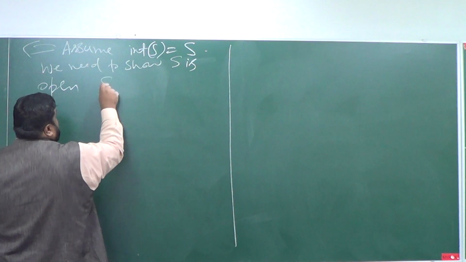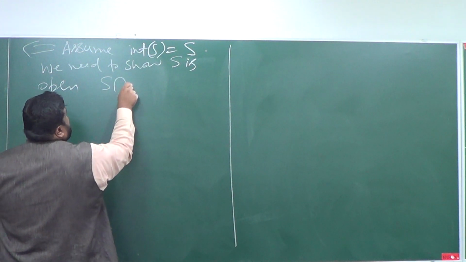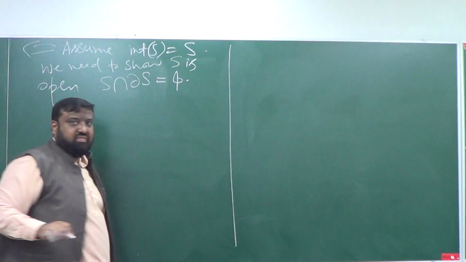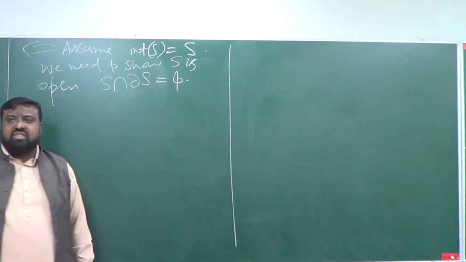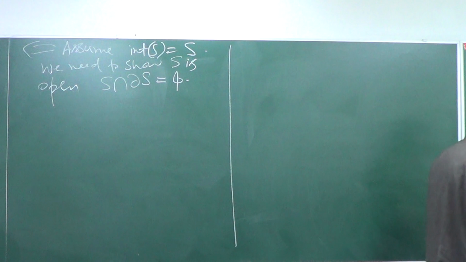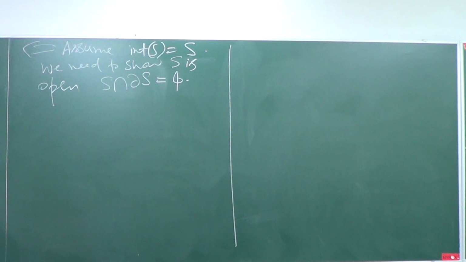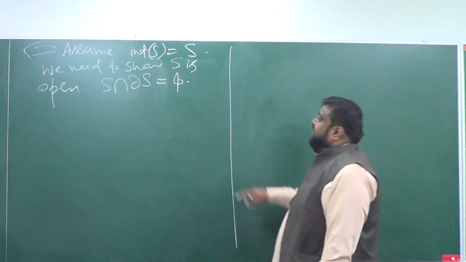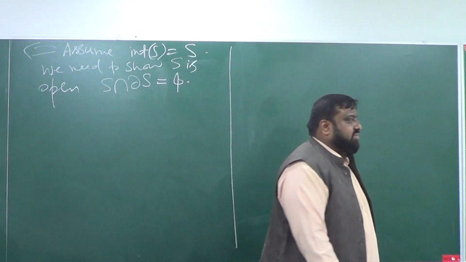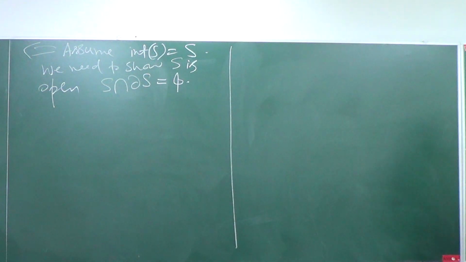That if you take the set and intersect it with the boundary of S, you shouldn't get anything. That's the definition of being an open set. Now you are saying to someone that if a set satisfies this, this is going to happen. You are making pictures and trying to convince him, but he is still not convinced. So what are you going to do? You're going to say,